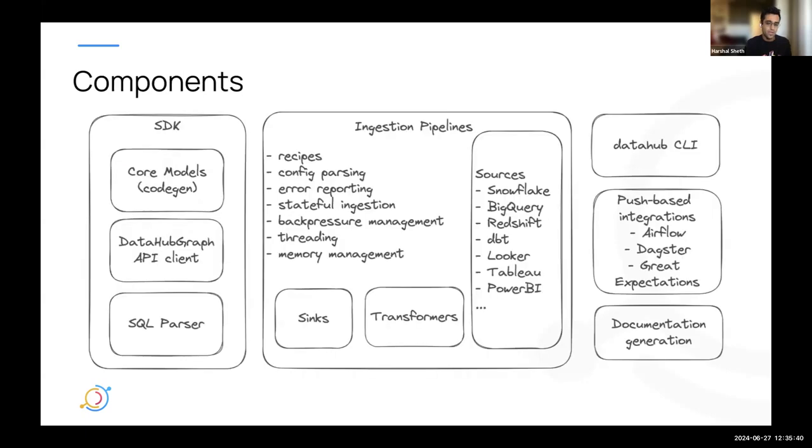Now, how do we think about ingestion from a component perspective? I've touched on this a little bit. The SDK in particular, I'd break up into 3 different pieces. There's the core models. DataHub as a whole is schema driven. All of the metadata modeling that happens